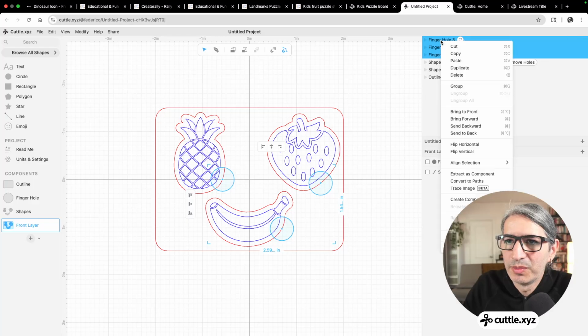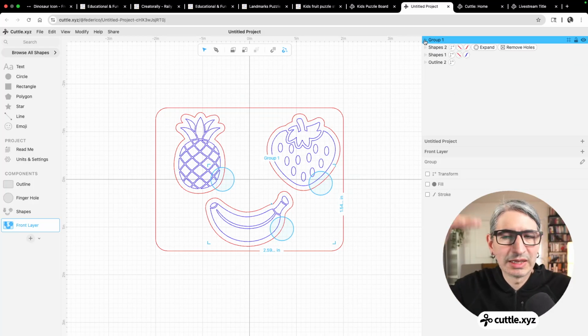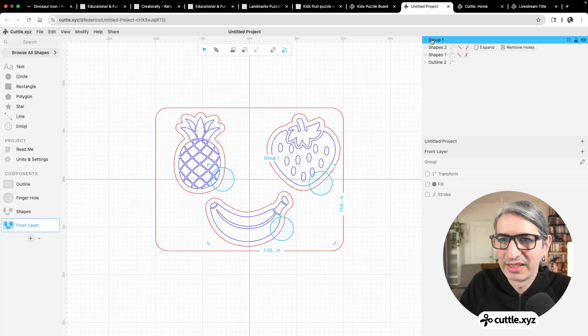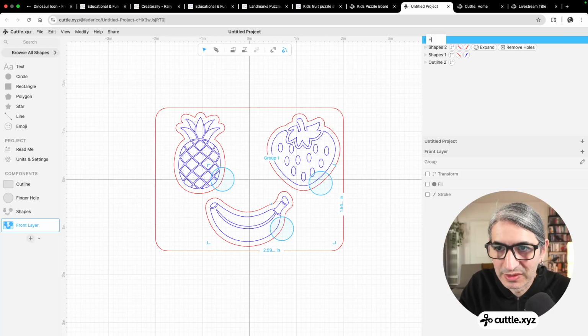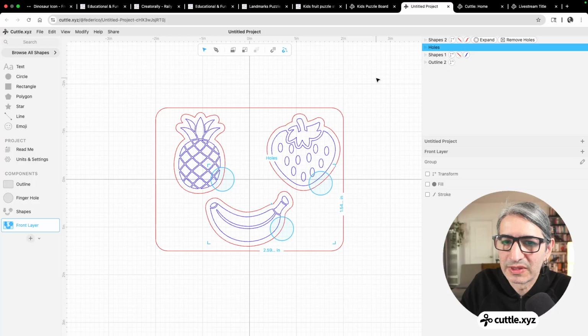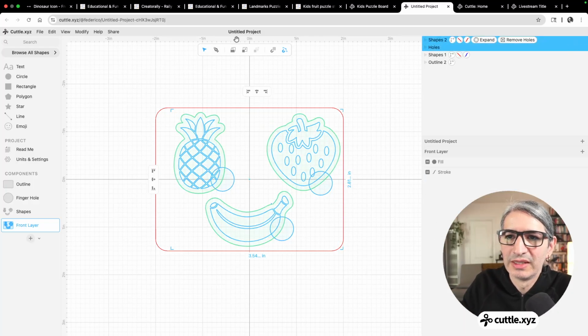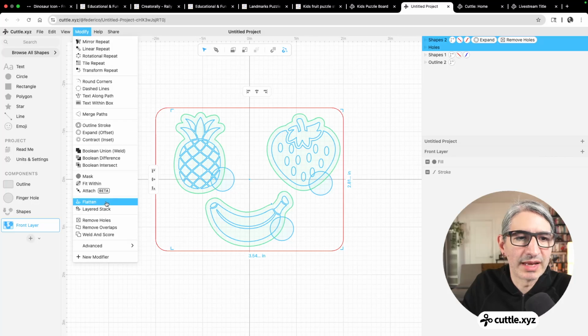I want to make them into a group. I'm going to right click, group them. And I want to respect that order that I was mentioning before, because I want the shapes to be the mask and the group of, let's call these the holes, to be the thing right below the shapes. So now if I take these 2 groups and then I apply the mask modifier,